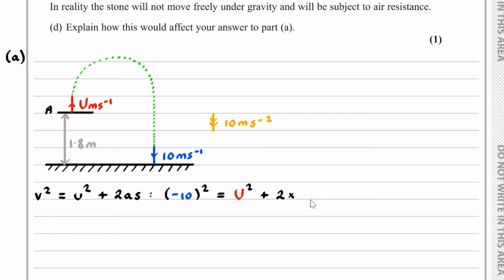Now a will equal negative 10 because we are treating upwards as positive, multiplied by s,